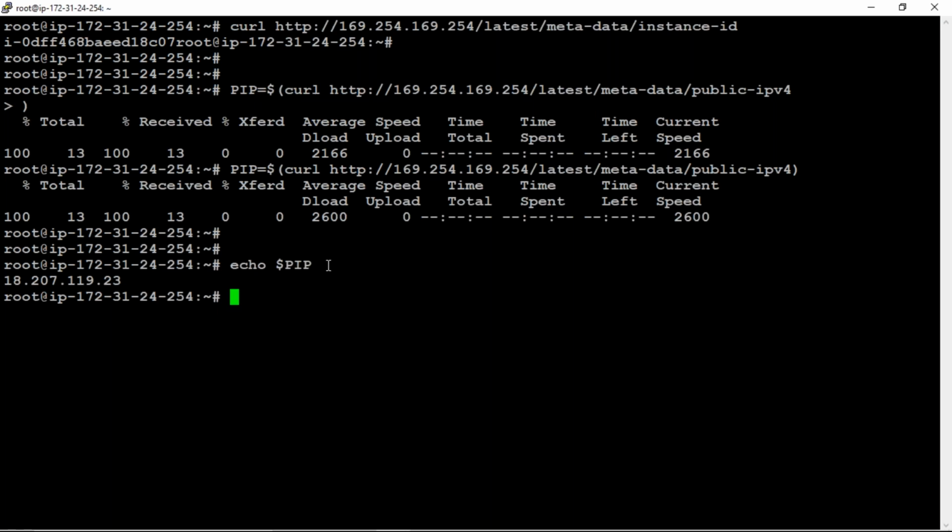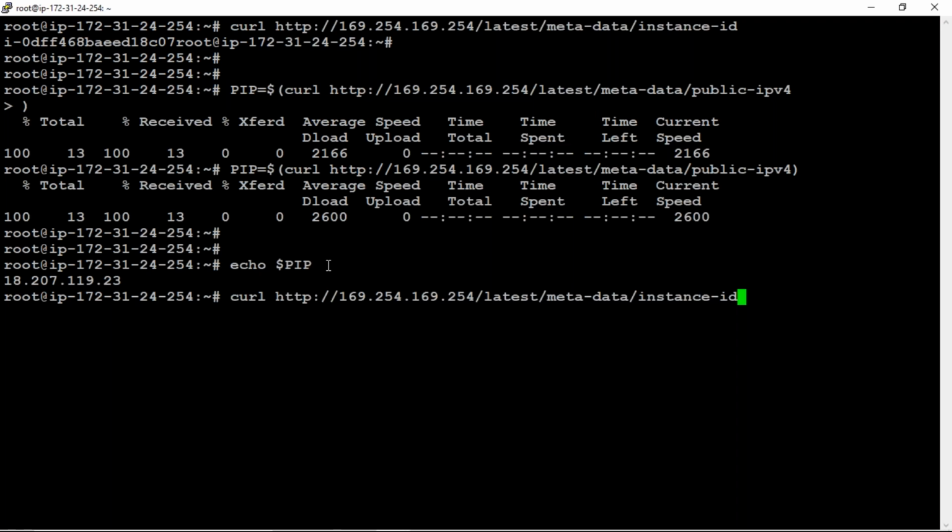So first we will use this command. What is that command? This is the non-routable IP address. By using this non-routable IP address, I want to get the instance ID. For getting the instance ID, that is the command. After meta-data slash, we give our required element.